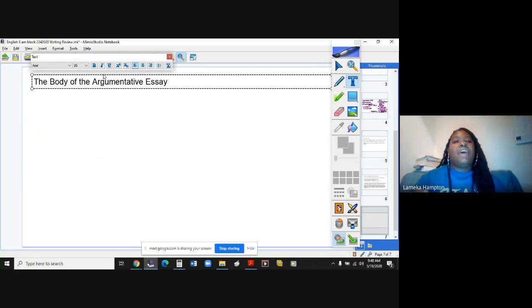So the body of the essay is where all of your proof, all of your evidence, everything to support your answer that you claimed in the first paragraph is going to go here. Now, again, this is where some people can debate 2 to 3 paragraphs. It just depends on who you are, and it just seriously depends on the topic itself. Okay.